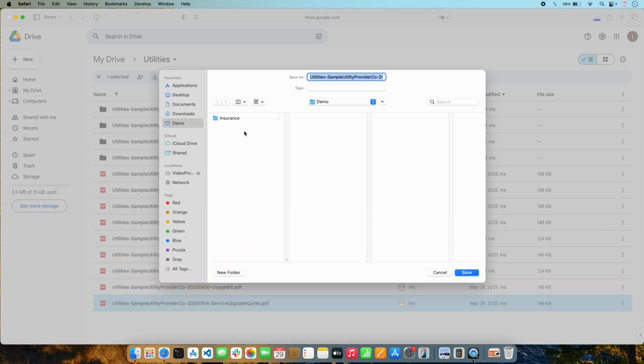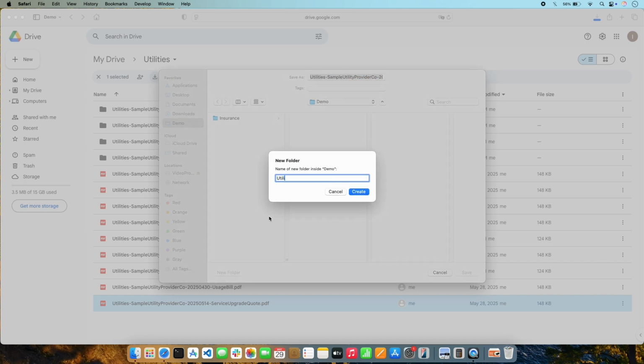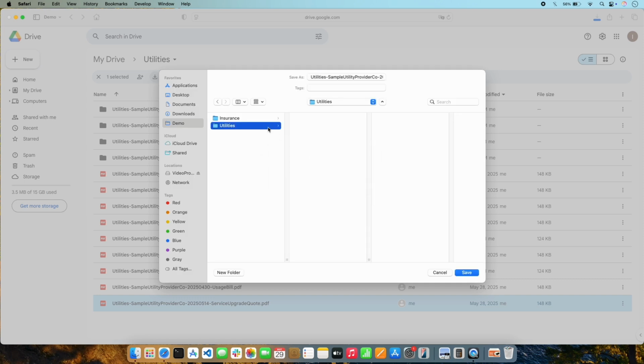Now, continuing with the demonstration, the next step is to choose the location the file will be downloaded to and set the file name. You can set the download location to almost anywhere on your Mac, including external storage devices or services. If you don't have a folder yet to store the file you're downloading, it's easy to create a new one. For this demonstration, I'm going to download the file to a location within my demo folder. However, since the file is related to my utility provider, I'll create a subfolder called Utilities to keep my file system orderly. Then, the only step remaining is to set the file name.